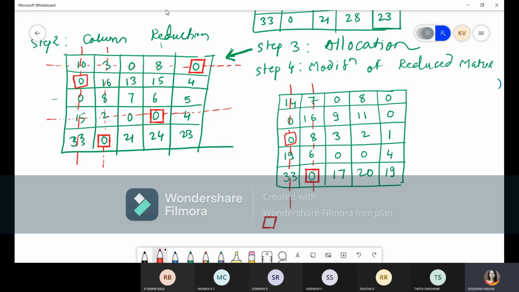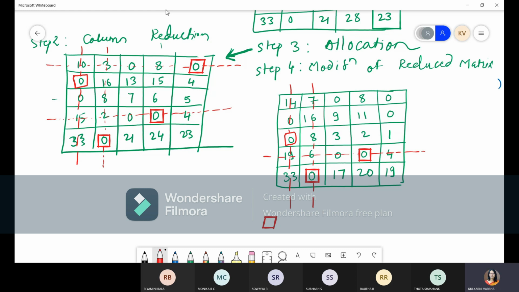Now all the rows are over, so go for column wise scanning. Now first column is cancelled, second column is cancelled, go for third column. Third column, there are 2 zeros, so leave the column. Fourth column, there is single 0, so allocate that single 0, cancel the row. Then fifth column, there are 2 zeros, so leave the column. Now we have finished all 5 columns. So again go for row wise scanning.